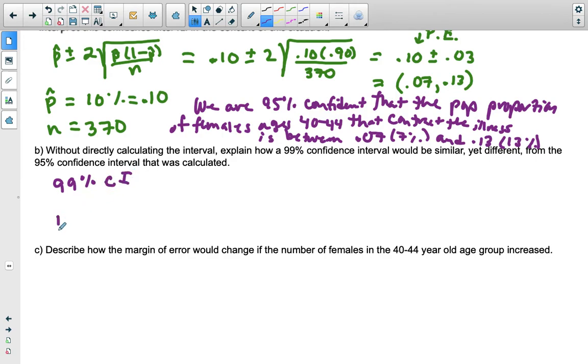would look like this: p hat plus or minus. Okay, what's the z-score for 99%? 2.58. It's one of the ones I gave you. Times the square root of p hat 1 minus p hat over n. Okay, that would be our formula for the 99% confidence. Now we're not going to calculate it, but what does that tell you? So first of all, how would it be similar? Similarity